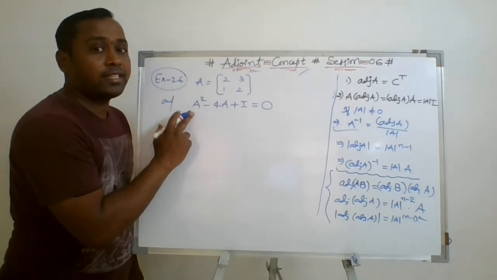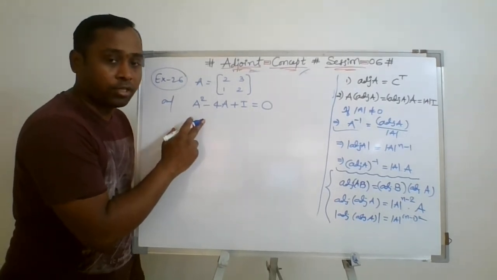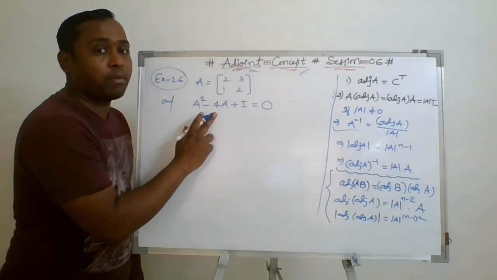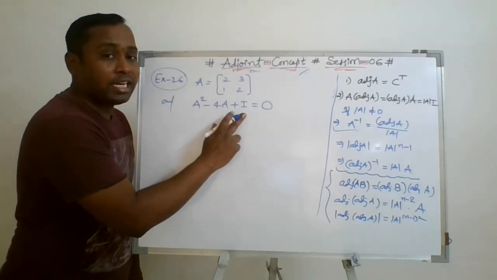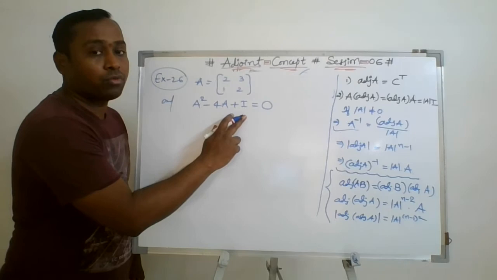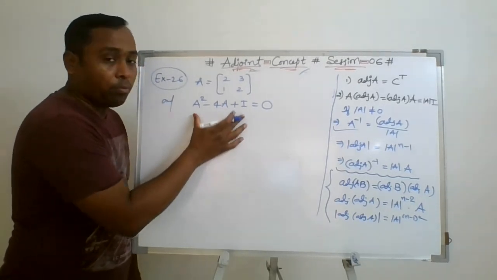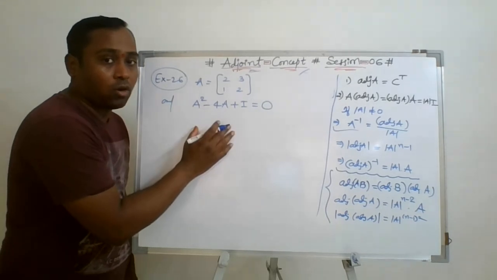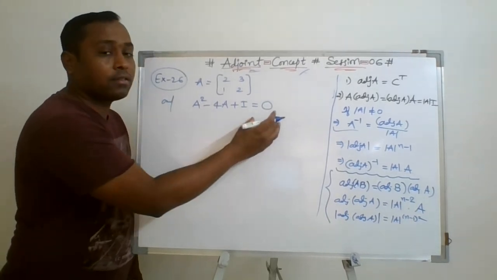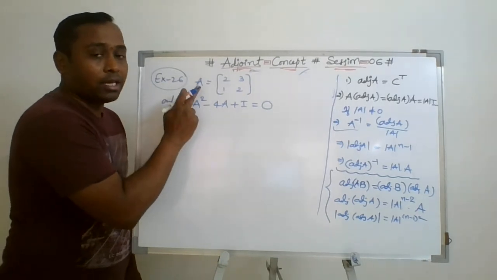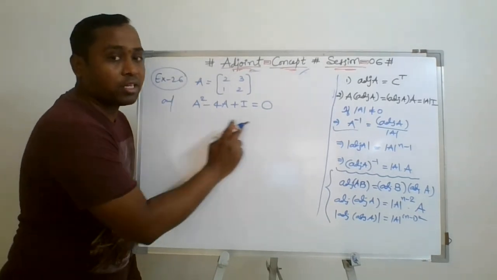First we have to show that this matrix satisfies this matrix equation, means we need to find first A square, that is A into A, simple by product, and then 4 into A means that matrix is multiplied by 4, and then the identity matrix of order 2 by 2, that is [1, 0; 0, 1], and by doing this operation, plus and minus in order, you must get a 0 matrix. Then you can say yes, this matrix is satisfying this matrix equation.